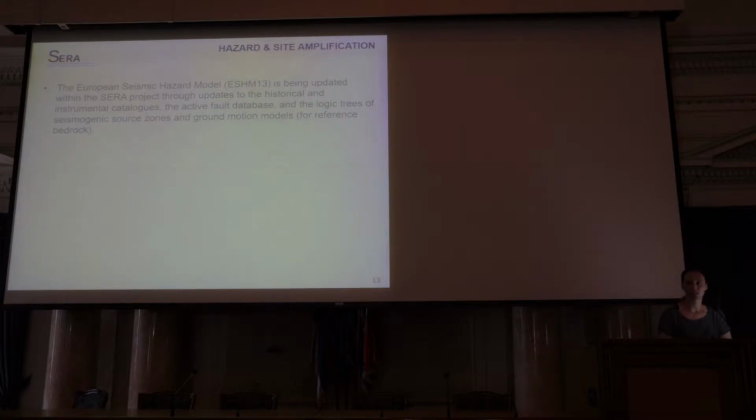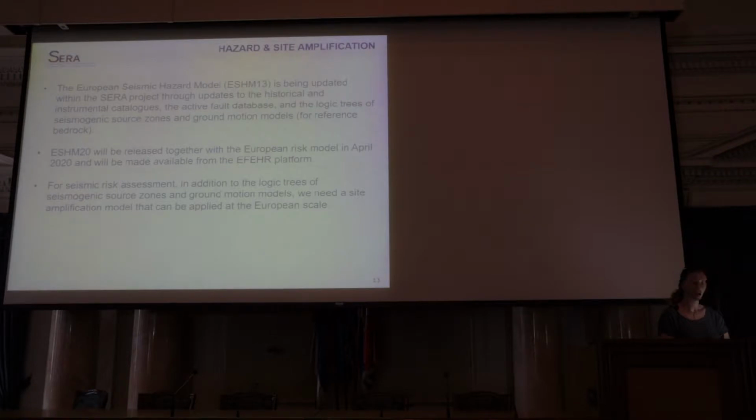But all of this is being done, as for SHARE, for a reference bedrock. So for what we call a VS30, so that's the average shear wave velocity over the top 30 meters of soil of around 800 meters per second. All of this, again, will be released on the EFER platform in April next year. And at the same time, we will also be releasing the European risk model, as I mentioned